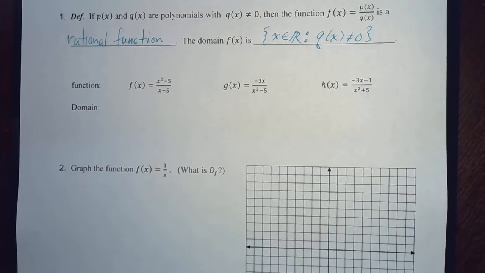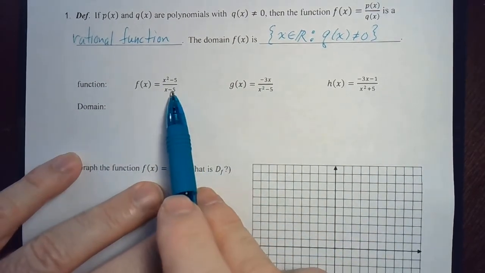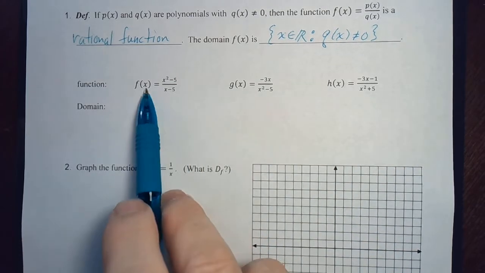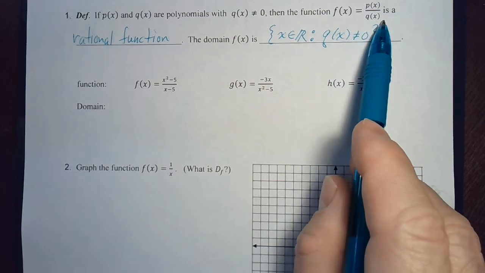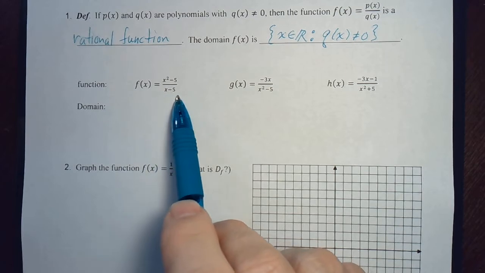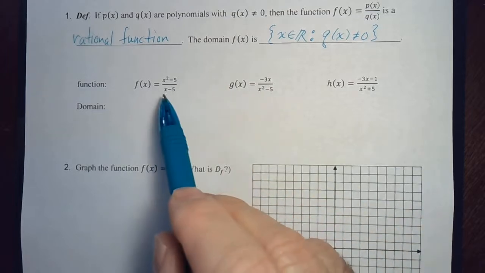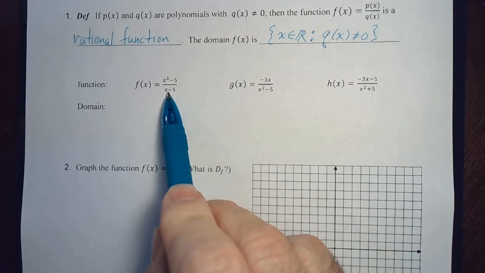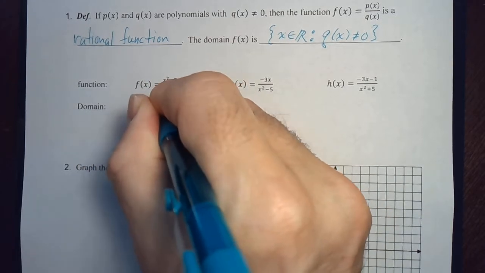Okay, let's do just some review here of rational functions. Let's find the domains of these three rational functions. This one should be very simple. Remember, you don't even have to look at the numerator. You only have to look at the denominator. This x squared minus 5 is like p of x. It's q of x we're concerned with, x minus 5. And if you set x minus 5 equal to 0 and solve, you're going to get x equals 5. And what does that tell you? 5 is not in the domain, but every other number is. So the domain is all real numbers except for